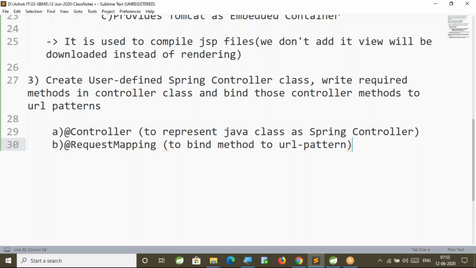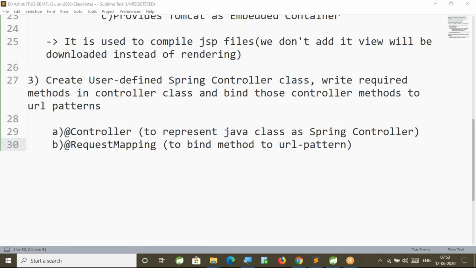If you remember your Servlet application development, every servlet we bind to a URL pattern, either in the web.xml file or by using the @WebServlet annotation, right? So every distributed component's methods should be bound to a URL pattern. Distributed component means we are not going to access it within our project. That component will be accessed from outside of the project.